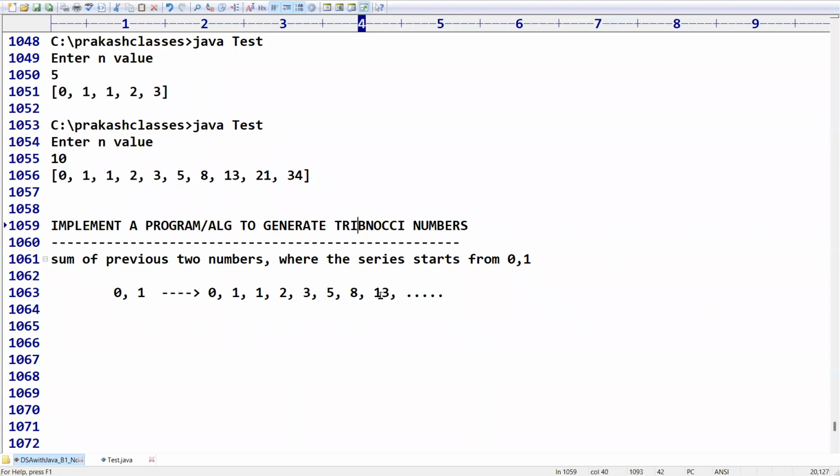Sir, what is meant by this Fibonacci sequence? It is the same as Fibonacci, but the sum of the previous three numbers, where the series starts from 0, 1, 2. So if the sequence is starting from 0, 1, 2,